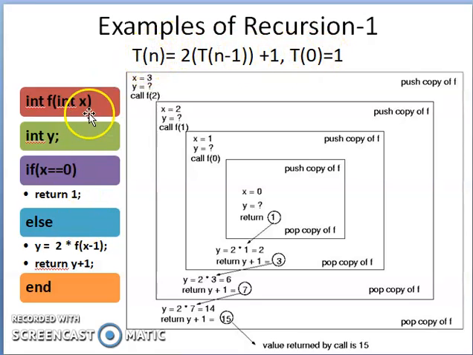Initially, if we call the function with x is equal to 3, then we have to calculate the value of y. So we will call f with 2 as the argument. Why? Because first we come here with x is equal to 3. Now we check if 3 is equal to 0. It is not true, so we go to the else part. And here we make a call 2 into f of 3 minus 1, that is 2. So we are going to call f of 2.